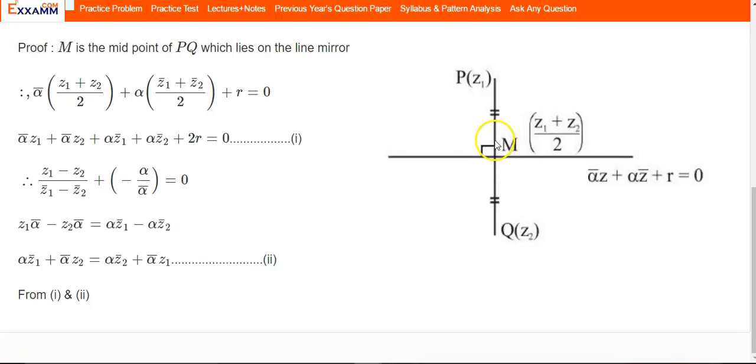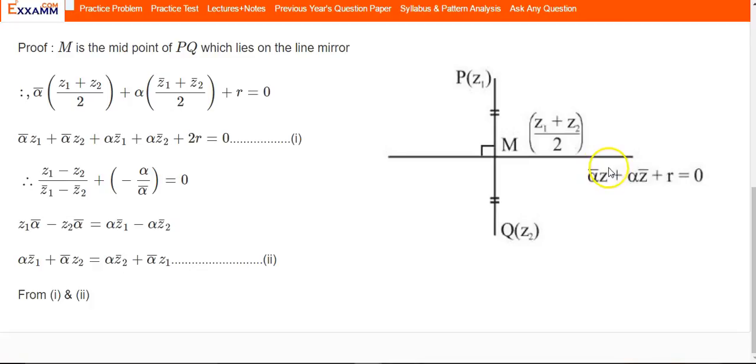Now we have two conditions. To solve this equation and to remove the unwanted constants, we have to use another condition to our advantage. That condition is that this line is a perpendicular bisector, which would mean that the middle point of PQ would lie on this line, and the second point is that this line is perpendicular to